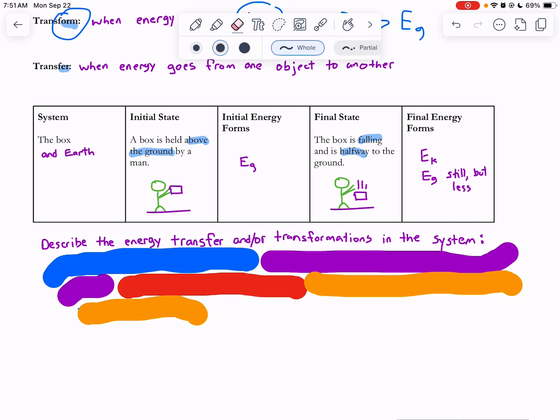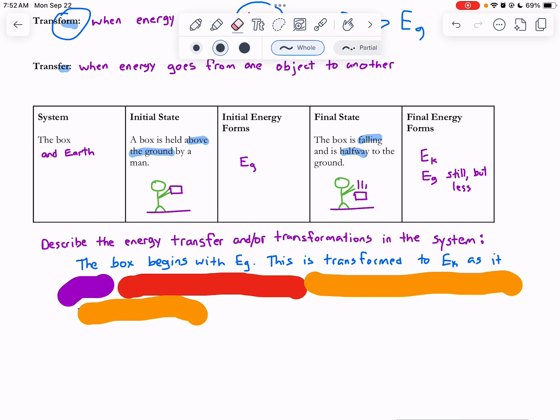So what I would do here is start by talking about what we started with and what we ended with. And then usually it's pretty easy after that. So the box begins with gravitational potential energy. We already identified that. Then that energy is transformed. I picked transformed